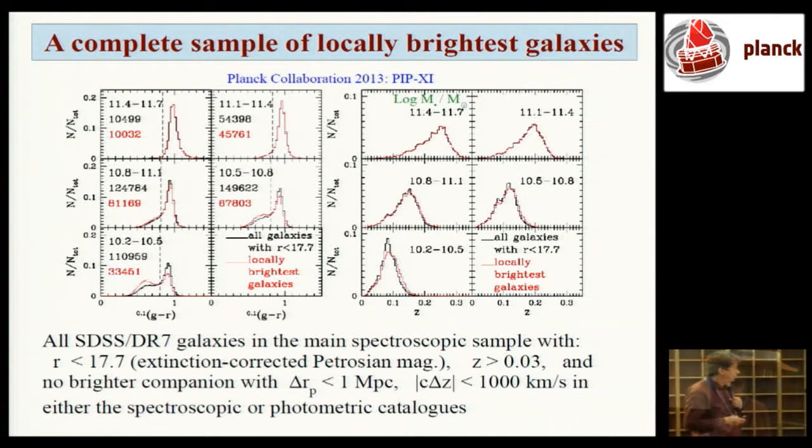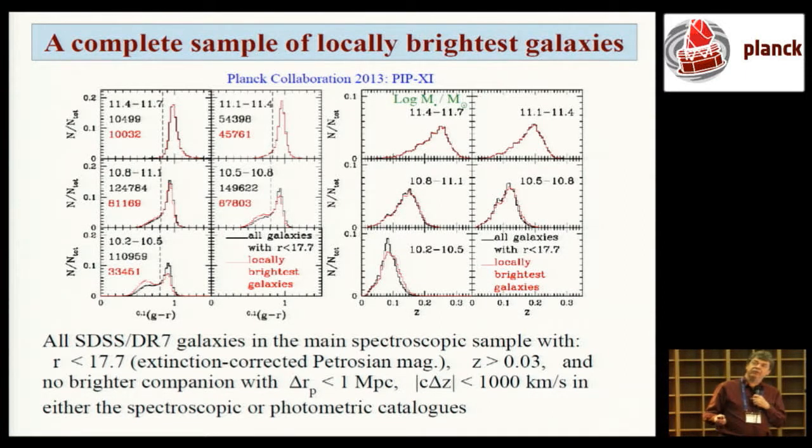That is stacking just around galaxies. If you stack around galaxies without selecting them, you get a mixture of things, because some galaxies live at the middle of a dark matter halo and others are member galaxies in a cluster. So it turns out things simplify if you stack around galaxies which are defined to be the locally brightest galaxies in their structures. So this is showing if you take all the galaxies in the Sloan 2 final release in the spectroscopic sample, far enough away that you know their distance well, and you require they have no companion brighter than they are within 1 megaparsec and 1,000 kilometers a second,